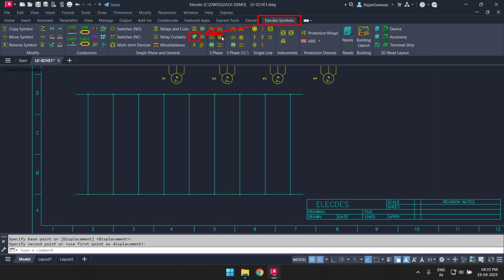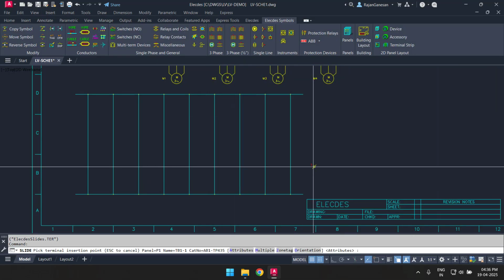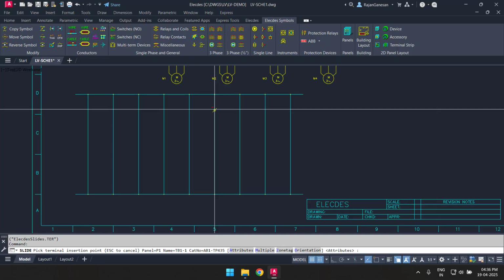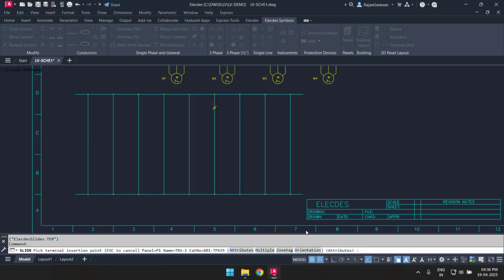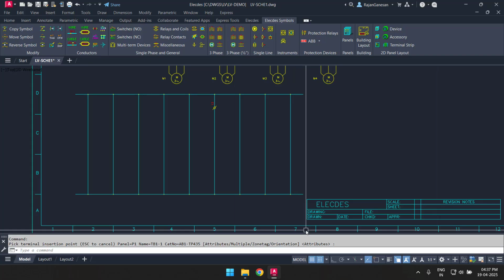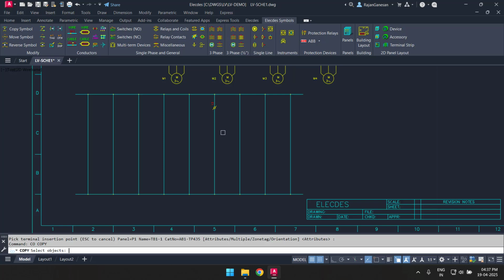Firstly, I will place a terminal on the circuit. I can choose the terminal style from a palette menu and then position the terminal on my ladder. I'm then asked by Electez to supply a tag name for the terminal strip and to supply a terminal number. Electez uses this data to identify the terminal and to group together the terminal strip's family of terminals whenever required. The terminal is inserted into the wire at the chosen point.